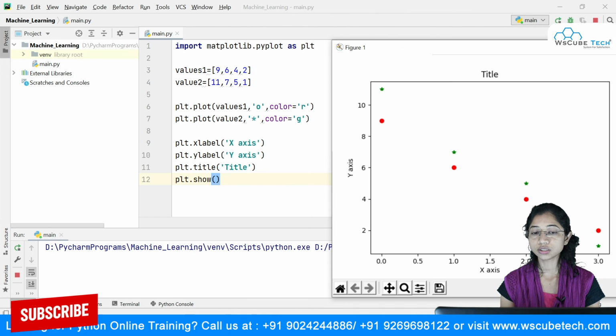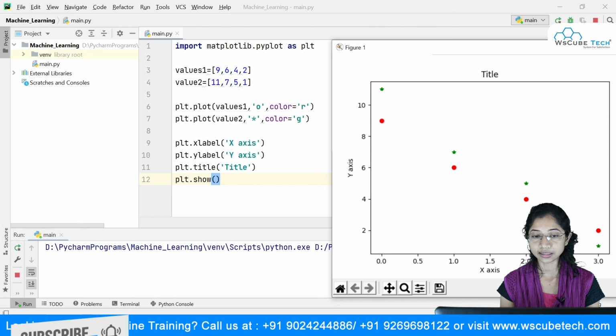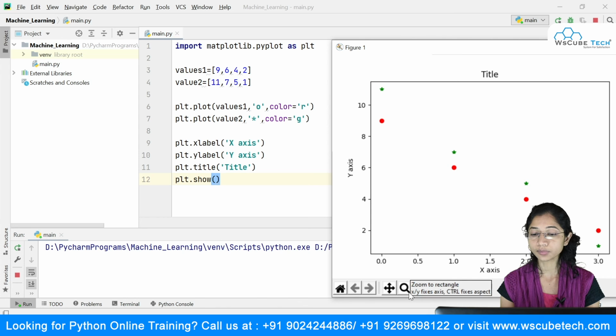We even saw that you can plot multiple lines. You can see that I'm writing plt.plot two times because I want to plot two lines. Similarly, I'm passing one set of values, which will be over the y-axis, and on the x-axis it will take the default values, that is 0, 1, 2, 3.